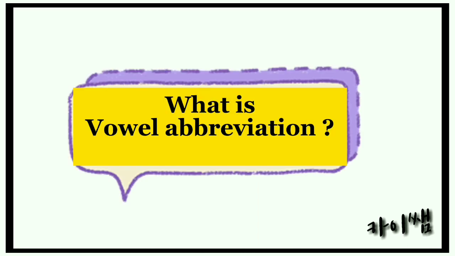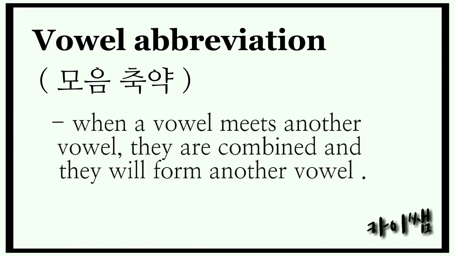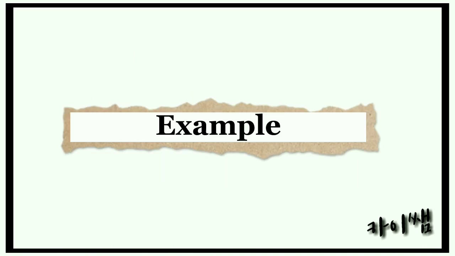So, what is vowel abbreviation? Vowel abbreviation or moum chogyak is when a vowel meets another vowel, they are combined and they will form another vowel. So, ano-ano ba yung mga halimbawa ng vowel abbreviation? Una, if the verb stem ends with a and it is followed by another vowel a, we combine them and they will become a. Halimbawa,